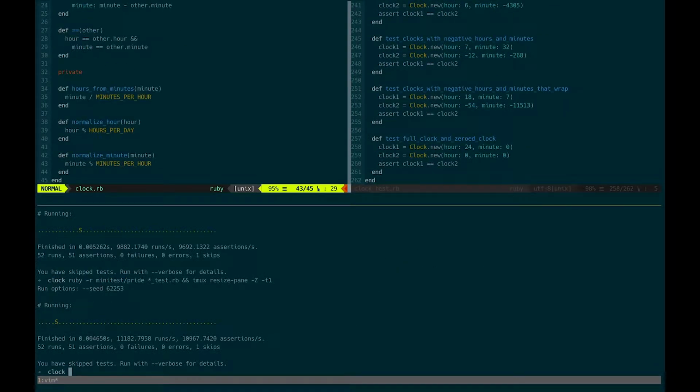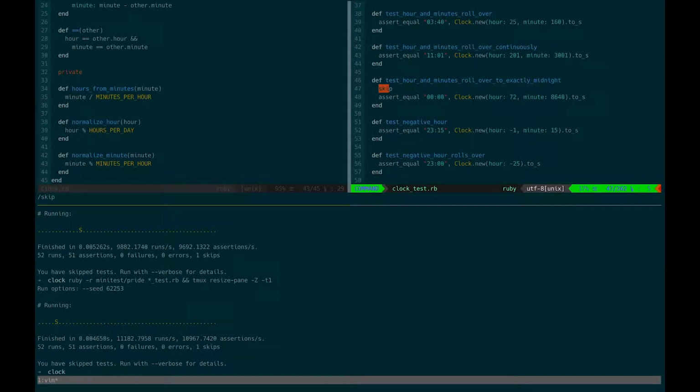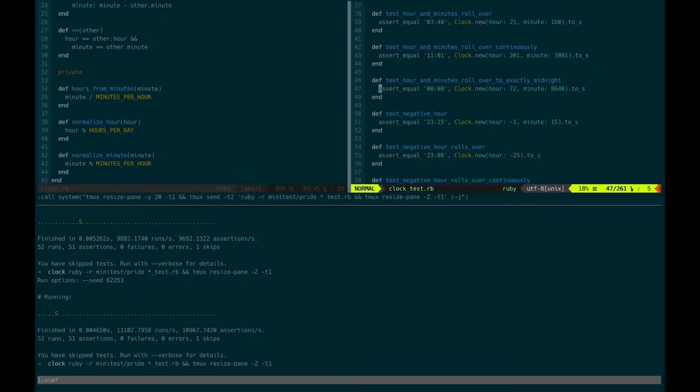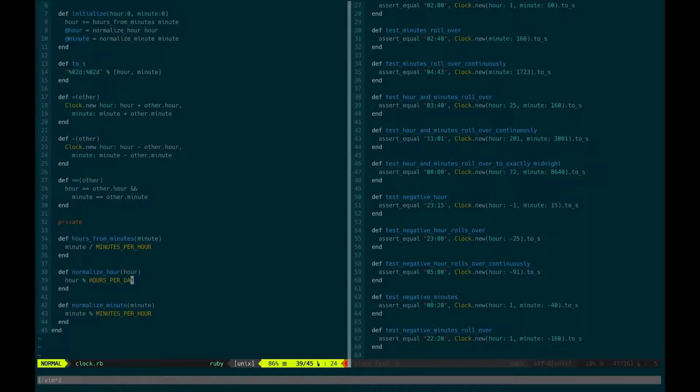Wait a second. We have a skip test somewhere. Oh, no worries. It passed anyway. Great. In this case,